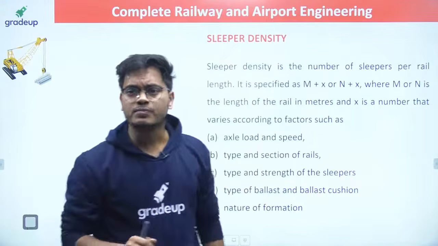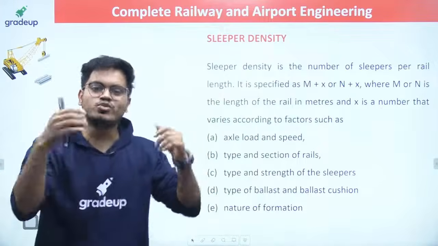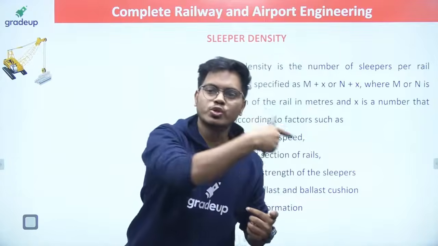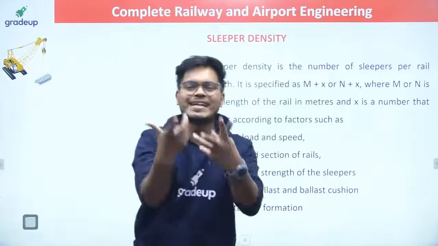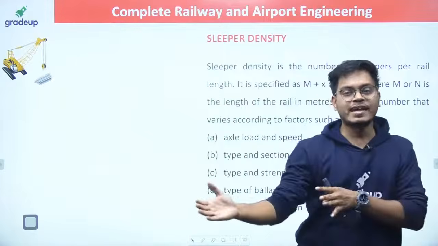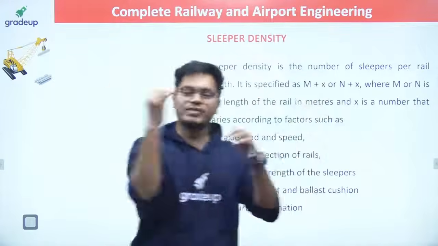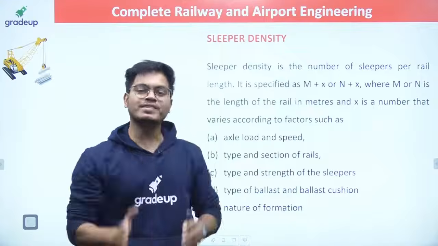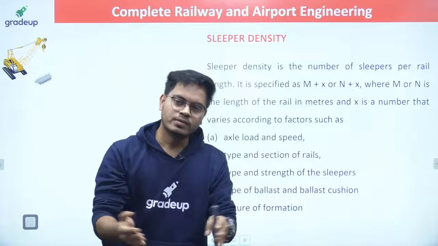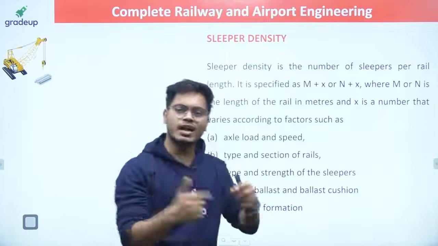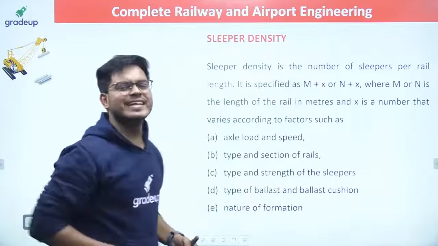Okay, let me see. Someone asked about the purpose of the flange. If there is no flange, then there's a high chance of derailment. Because I have shown you, Kiran, when there was a turning movement, the train has the tendency to move outward, and if the train tries to move outward and there is nothing to stop it, which is the flange basically. The flange stops the wheel from going outward of the track. If there is no flange, the train will become a car and you will start moving your train on the road, which is not the purpose, and this concept is known as derailment.